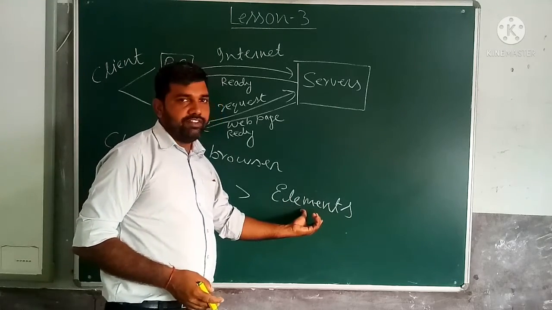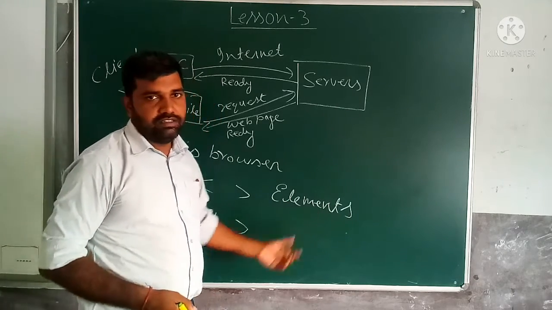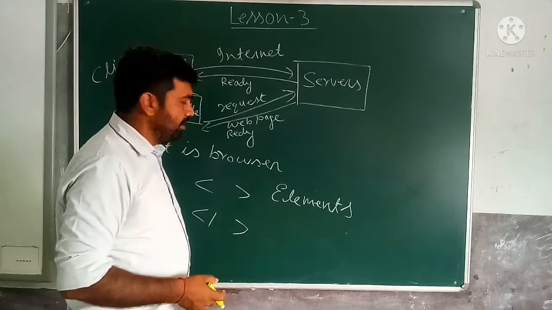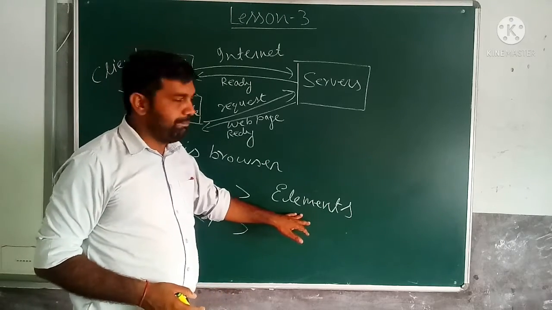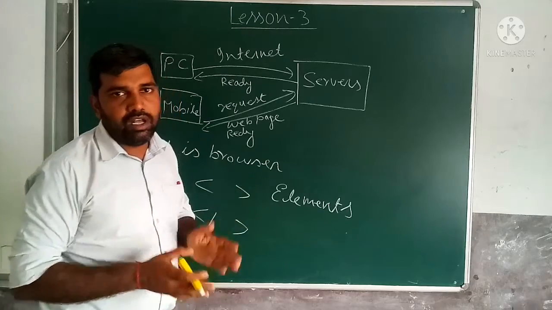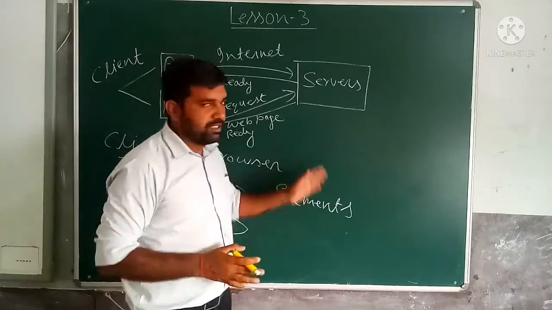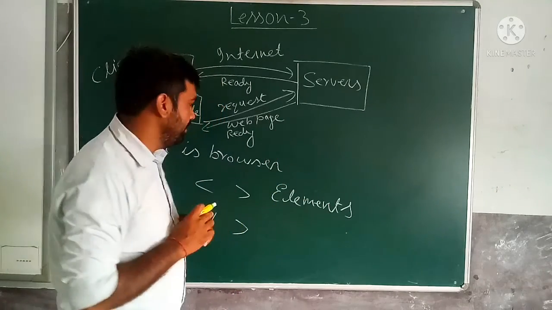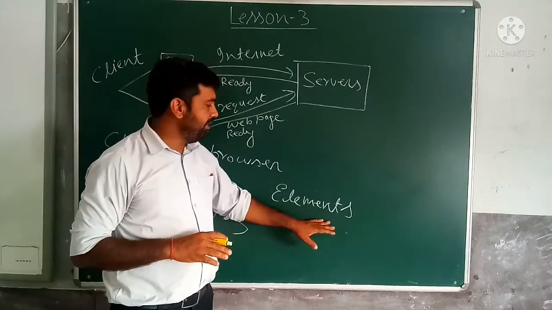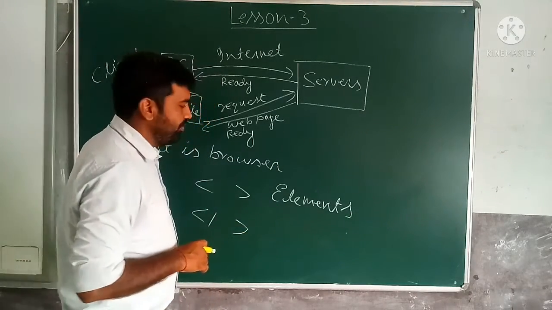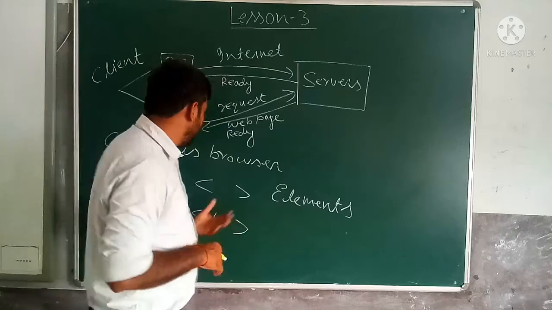Each and every element has some characteristic, some functionality, which looks after the appearance of the text on the web page, that is, how your information and data will be presented on the screen. All that is managed by the elements only. There are many different elements in HTML, and we have to learn all of them. For example,